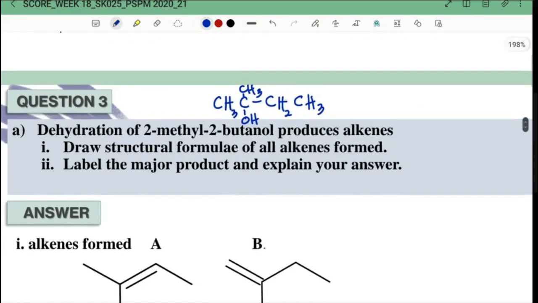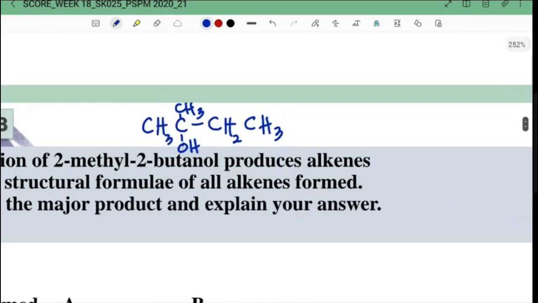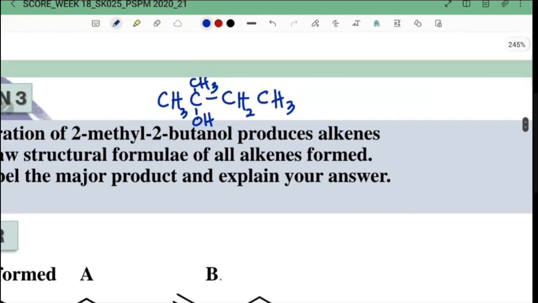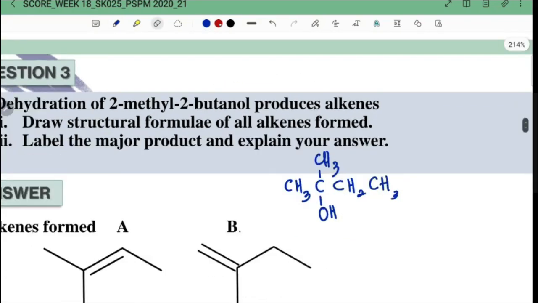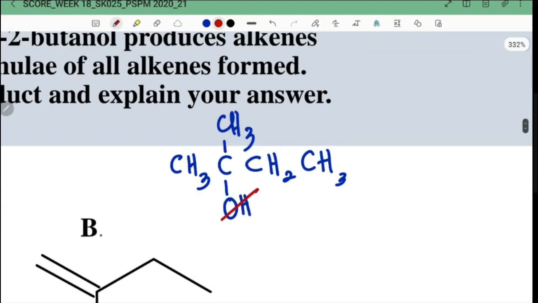Okay, for question number 3, dehydration of 2-methyl-2-butanol produces alkenes. Draw structural formulae of all alkenes formed, label the major product and explain your answers. So this is your structure. Okay, CH3, C, CH3, OH, CH2, CH3. So for the dehydration means that we want to eliminate water. Okay, we want to eliminate H and OH. So look at the structure, OH first lah, we consider. So look at the neighbor, the adjacent carbon. So we have primary, we have